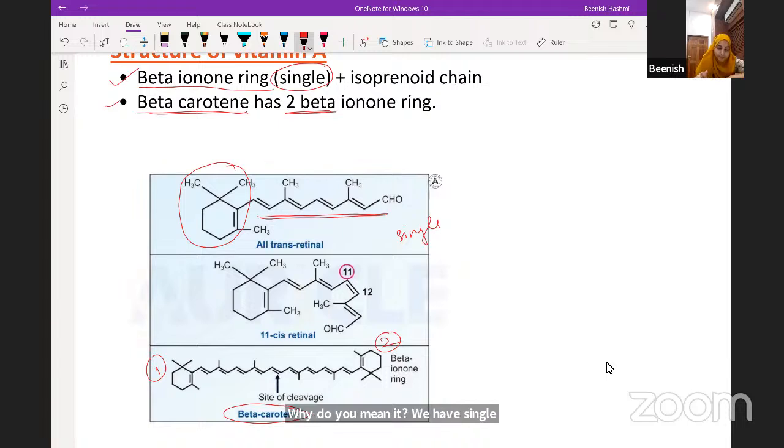Okay, and what is an isoprenoid unit? It has a 5 carbon unit. So it looks something like this. So this structure here is your isoprene. Okay. So you have this isoprenoid chain in the structure. Okay. But you need not know these structures, nobody will ask you to draw them or something like that. Okay.